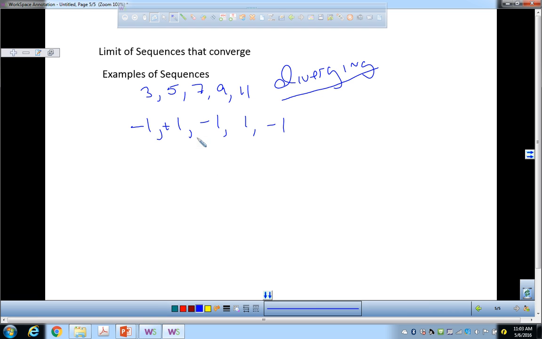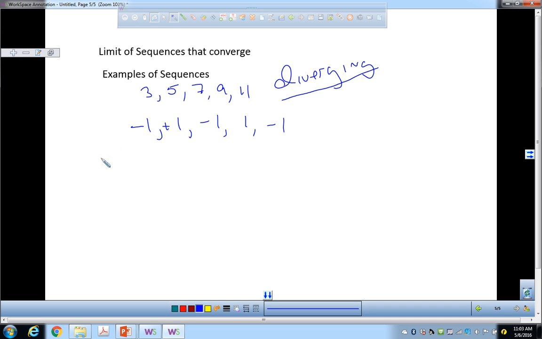Yeah, it doesn't converge, right? Because it's bouncing. First it'd be -1, then 1, then it never really reaches a set value. This one is converging. Let me look at my notes. Converging sequence